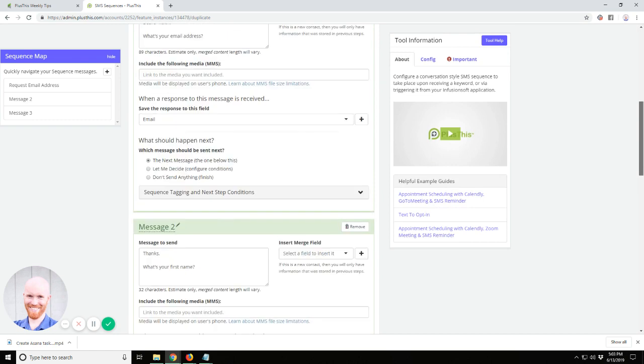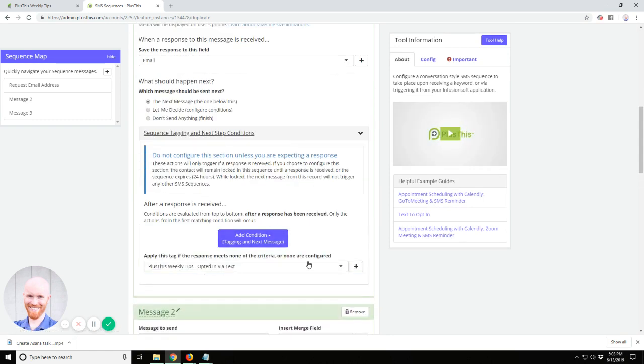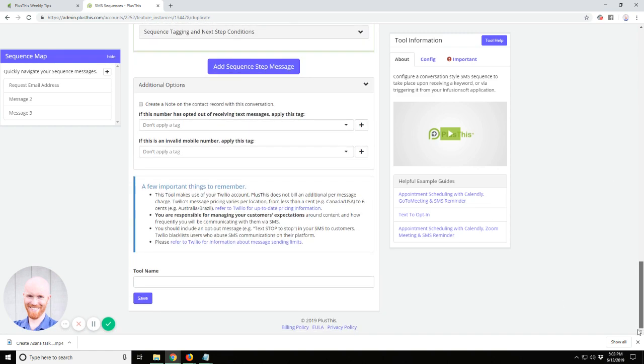I'm still applying that tag. I'm applying the tag right down here that actually starts it. So everything else is fine. All I got to do is save this. I'm going to call it PlusThis weekly tip signups, but I already used that name, so it's not going to let me actually input it here. I'll say PlusThis weekly tips with space.